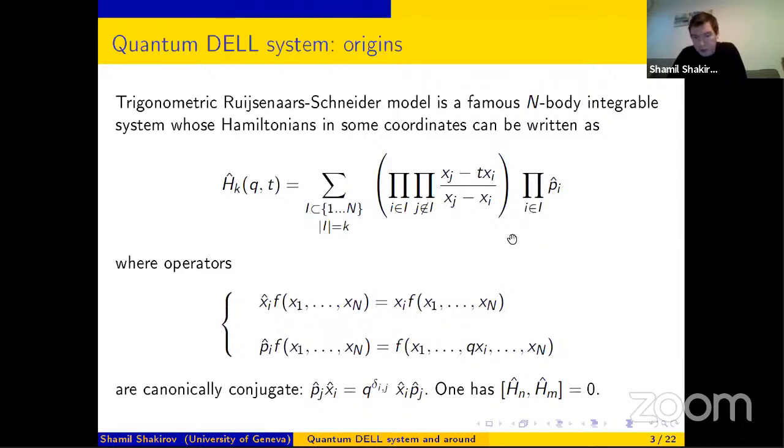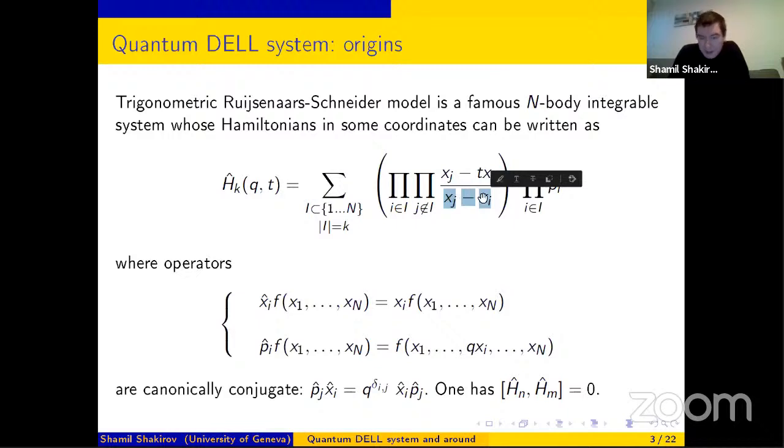So the subject of this talk is the DELL system. And the main statement is that actually a DELL system should be thought of, or can be thought of, as a double elliptic deformation of these trigonometric operators. There is one deformation in the coordinates. It is kind of straightforward. Namely, as I emphasized several times during this slide, if you think about all variables as exponentiated variables, then this difference here